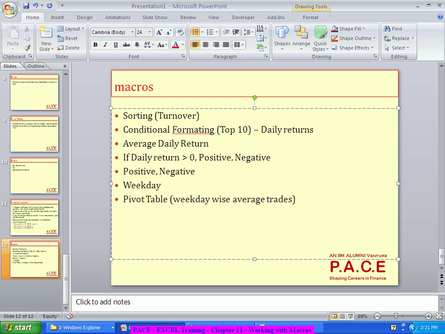The same thing happens with the Excel macro. You record that macro with start and stop buttons. Any Excel task that is done between these two buttons is recorded and can be replayed on any Excel